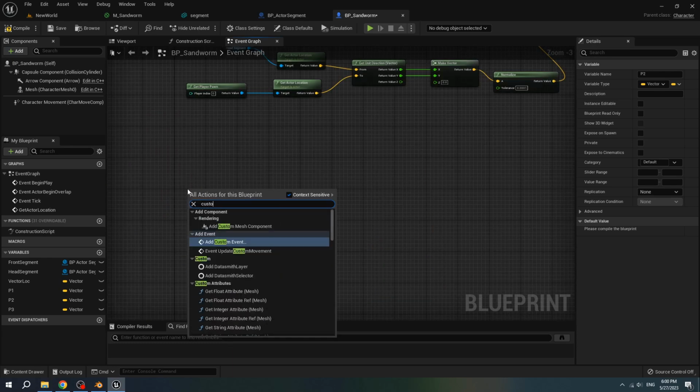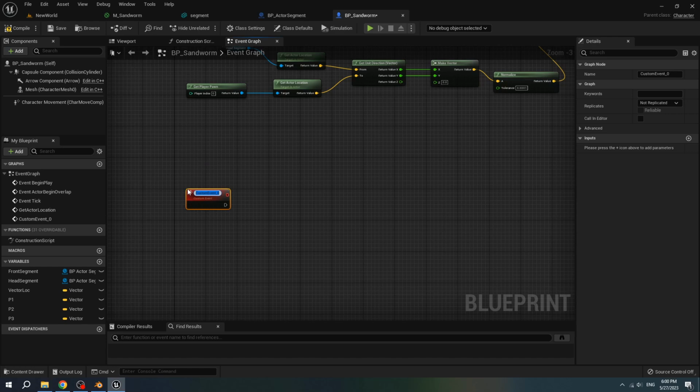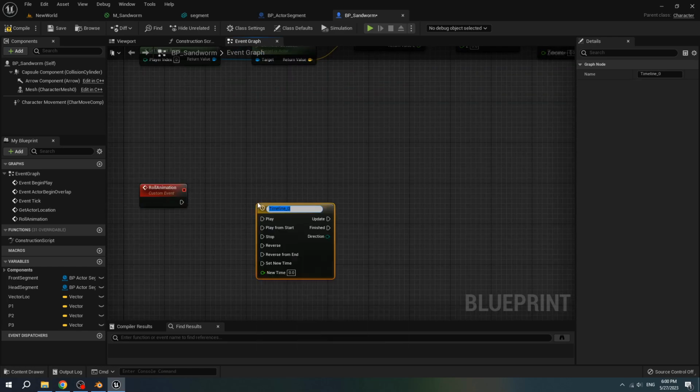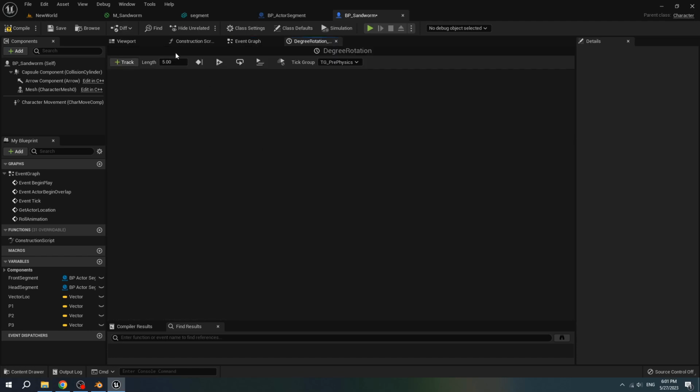Create a custom event. Name it roll animation. Add new timeline. Name it degree rotation. You can make it play from start. Open. For the length of time it is 10 seconds.